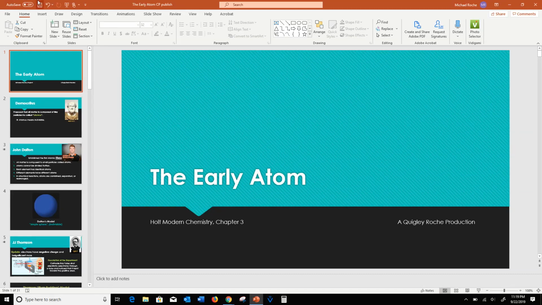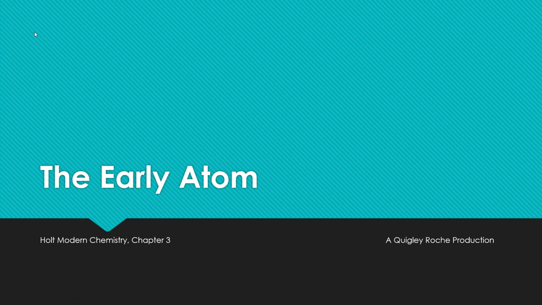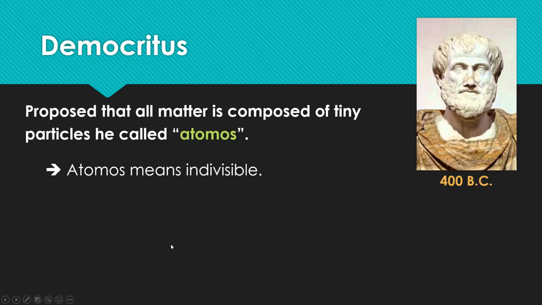All right, kids, so let's talk about the early atom and how our understanding of it has changed over time. If you ever want your book, this is chapter 3 in your book. There it is, chapter 3. Okay. All right. So the history of the atom goes all the way back to 400 BC, where the Greek